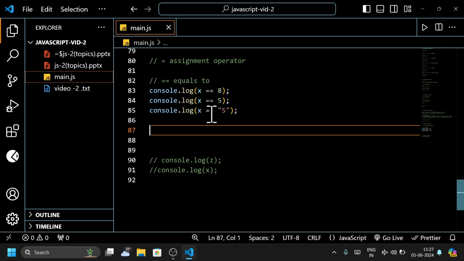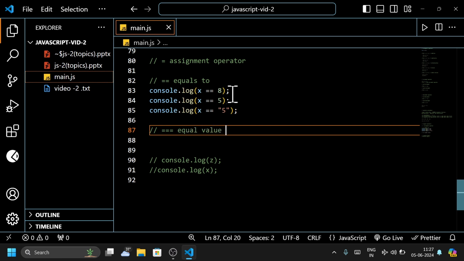Sometimes while doing some calculations, if a string is entered into the maths, then it will clearly affect the output, because JavaScript will concatenate the string. So for suppose 5 plus 5 is equal to 10. 5 is a number plus 5 is a number, it will be a number, but 5 is a number plus 5 is a string, the output will be 55. So we can see it's a clear problem here, so we need to clearly rectify this. So here we will be having another operator,